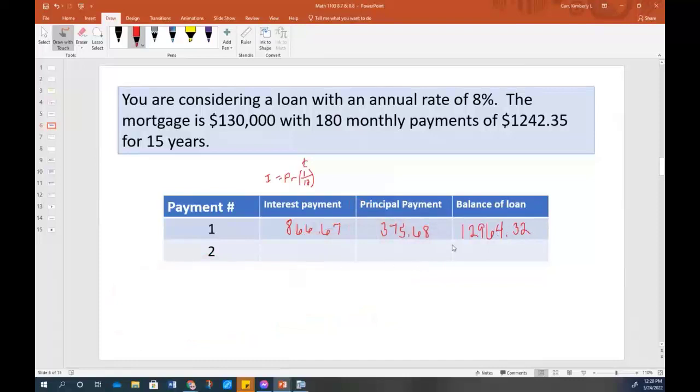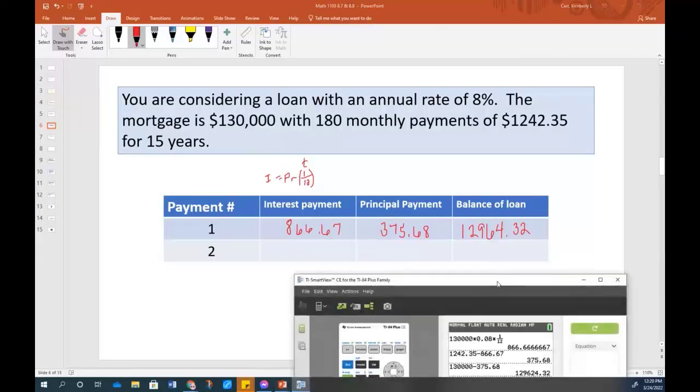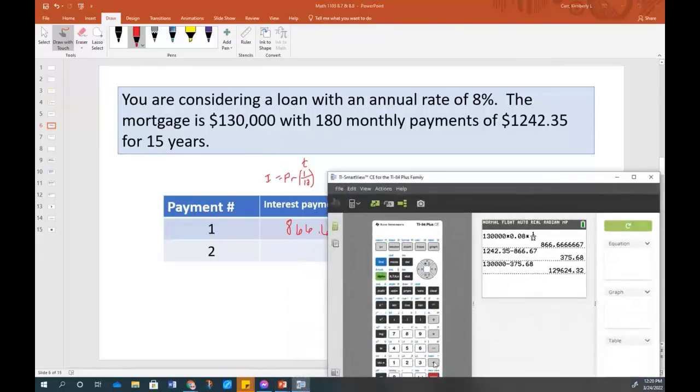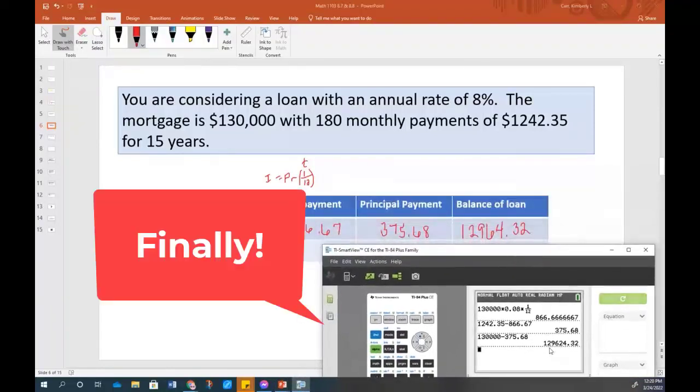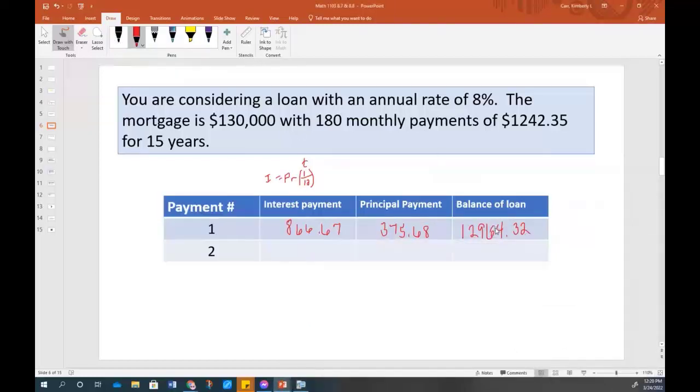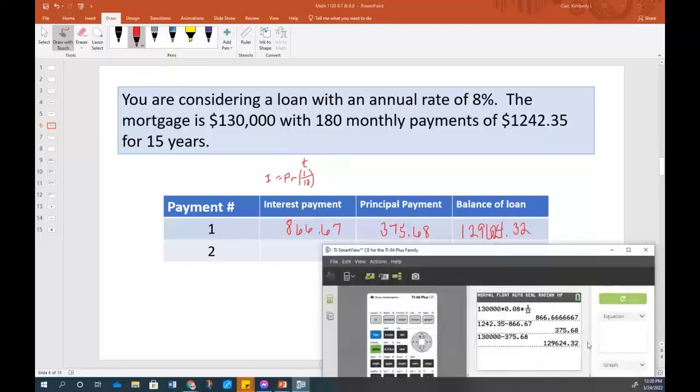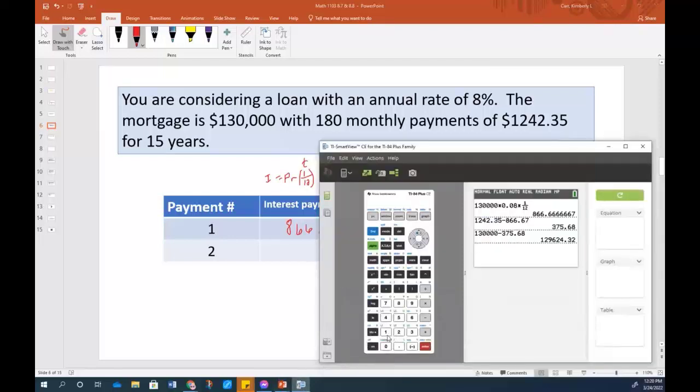Okay, now as I go into my next row, that is my new P, because that is my new outstanding balance. So I can take that $129,624.32. I did write that down right, didn't I? No. I left a 2 off. We're just going to see if I can fit it in there. $129,624.32. We have to take the $129,624.32